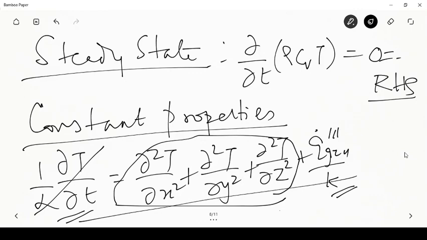Now if I consider a problem which is one-dimensional, then these two terms also drop out and I'll have only this term remaining. And if I have a two-dimensional problem, then it's this term that drops out and I'll have these two terms remaining. So if I go back and start writing those equations,